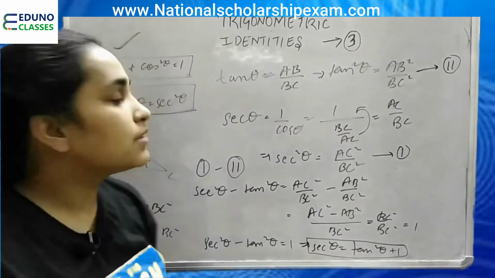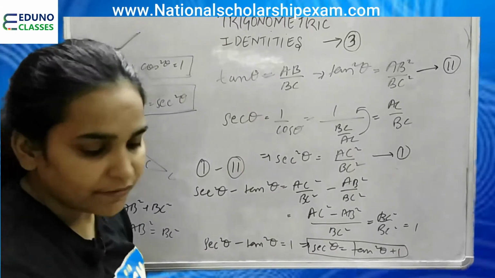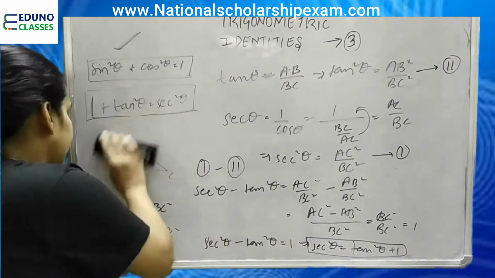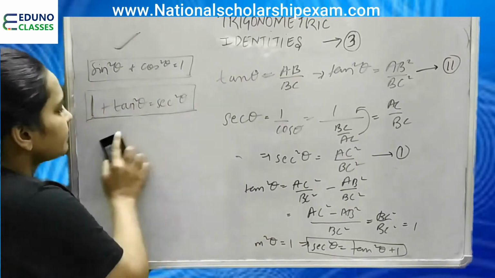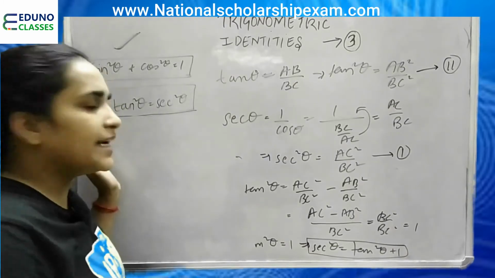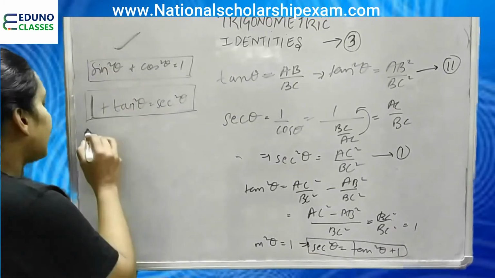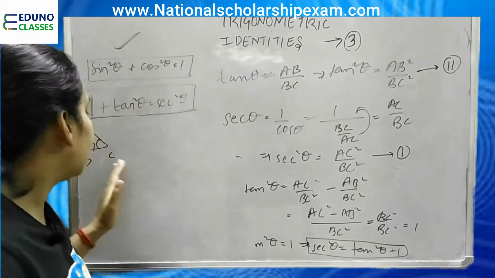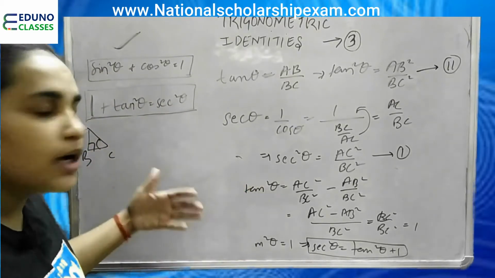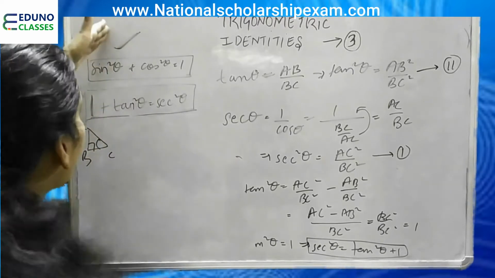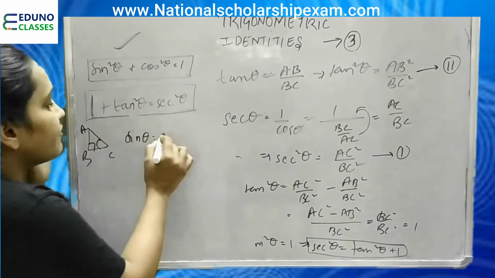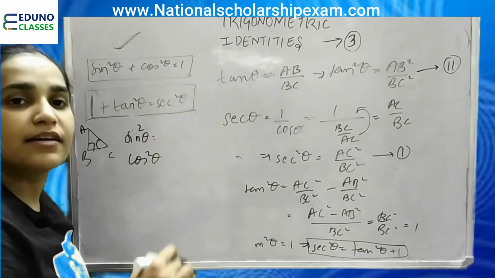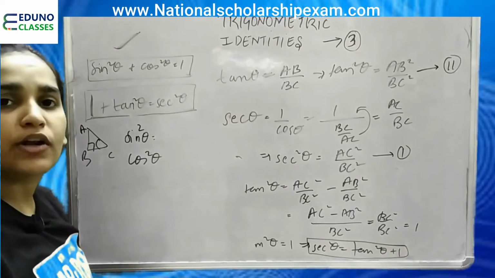In your school exams, they can ask these kinds of proofs, so you have to be thorough and clear with it. This is how we prove it. We do nothing special. Just find tan theta, make any triangle, and clarify what angle B is, what the 90 degree angle is, and what theta we are talking about. Then, whatever is given in the question, we found sin theta, we found cos theta, then we squared it, and then we applied the Pythagoras theorem.